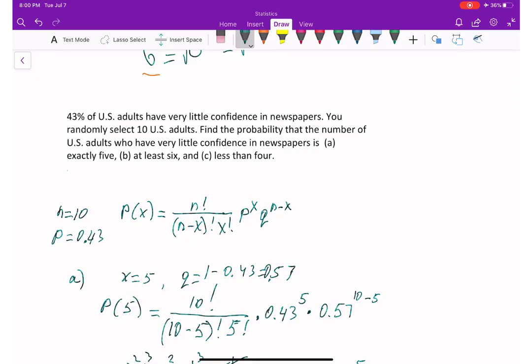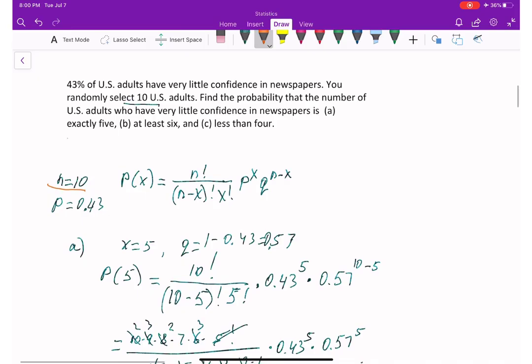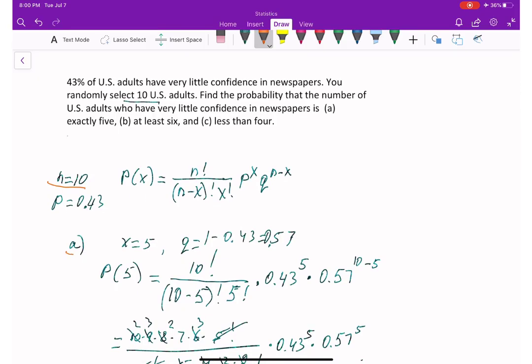43% of US adults have very little confidence in newspapers. You randomly select 10 adults. That's already right here, it's our sample size, 10 adults. Find the probability that the number of US adults who have very little confidence in newspapers is A, exactly 5, here it is, x is equal to 5, and then at least 6, and then, okay, B and C, we'll do it. So first of all,